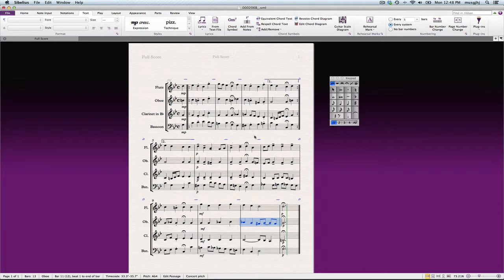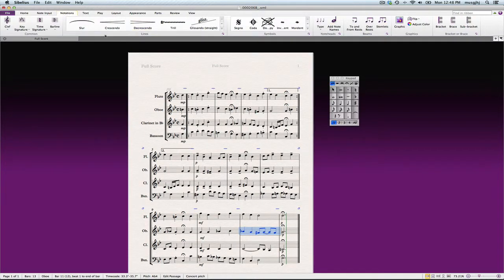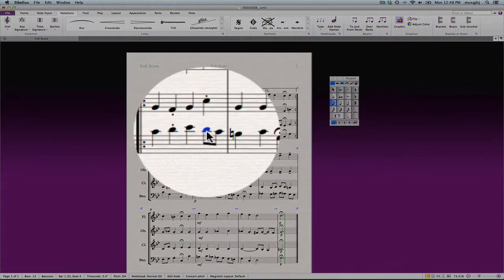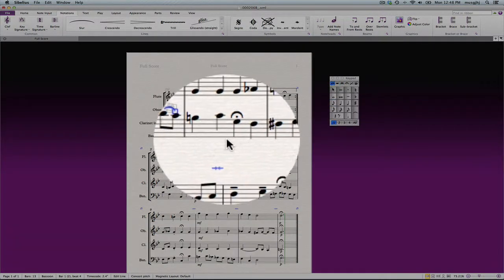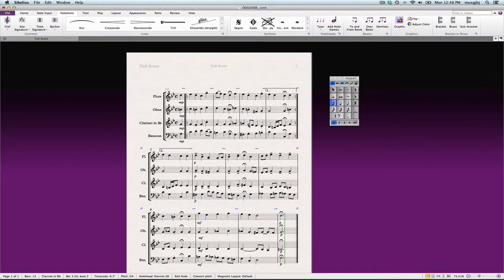All right, so now I'd like to add in some lines. Okay, lines are slurs, articulations, and crescendo and decrescendo. So we'll start out with the slurs. Now the slur tool is very easy to use. You click on the first note, type an S, and it'll give you a slur. And so if you just need a two-note slur, you can just go right through there and do that all you want. Now if you'd want more than two notes, you click on it, and then you have a handle,